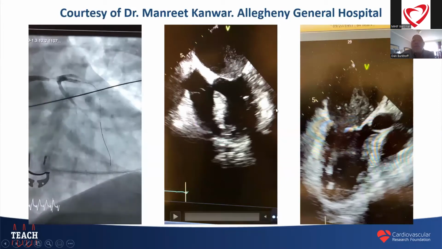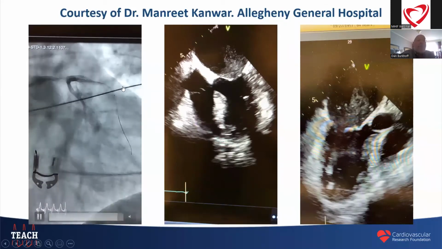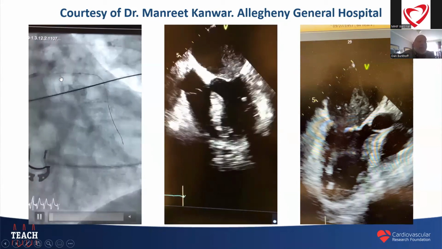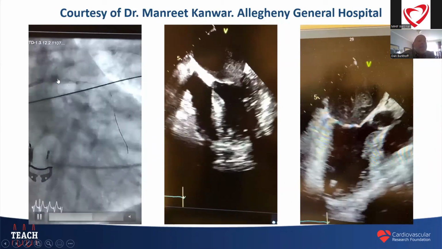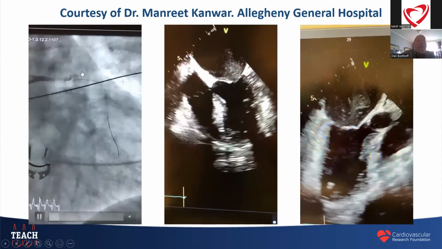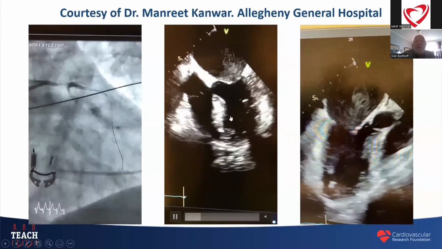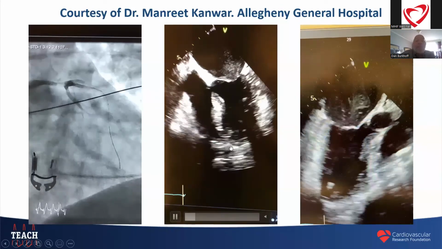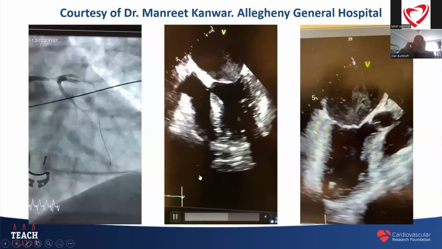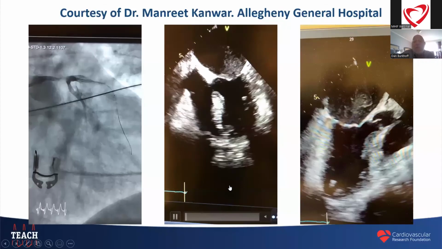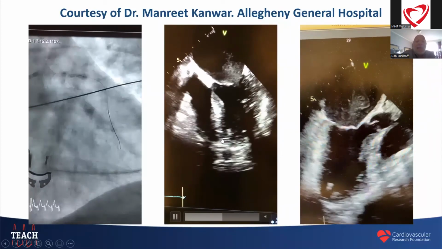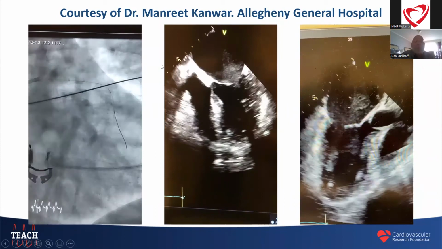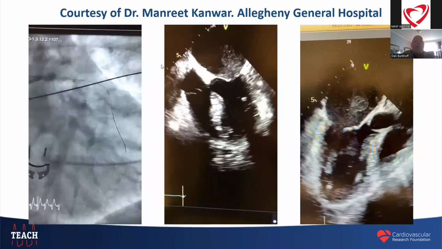I wanted to start with a case that was sent to me by my friend Manreet Kanwar. This was a patient being referred to her from an outside hospital, and you can see on the angiogram on the left the distal, very tight left main stenosis, with multiple lesions at the bifurcations. The patient was in shock and was crashed onto ECMO, and she was sent this echo from the outside hospital. She asked the physicians if they would be able to vent the ventricle, and the response was, why should we put an Impella in? We already have the patient on ECMO, so why do we need to put in